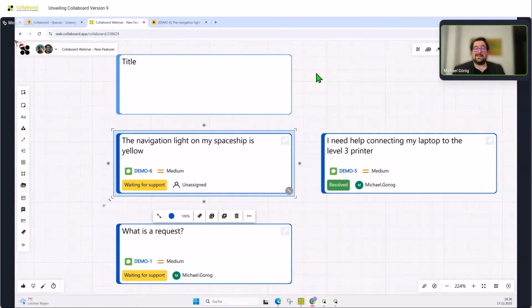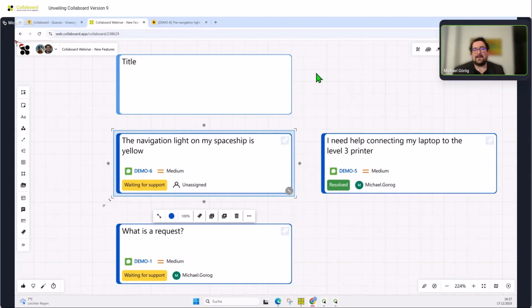Yeah, this is the new Jira integration in Collaboard. It allows you to build your own Kanban boards. It allows you to create more transparency on projects. And I think one of the biggest benefits here is that you can create more transparency for all of the stakeholders involved in a project, because everybody can log into Collaboard. Collaboard is easy to use, it's intuitive,